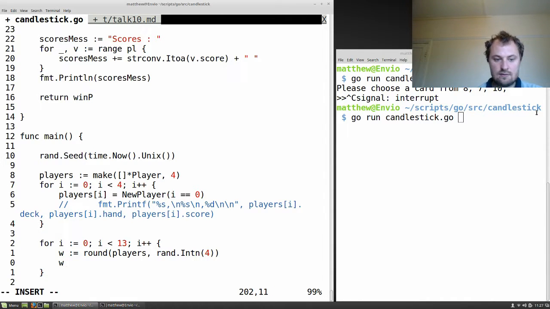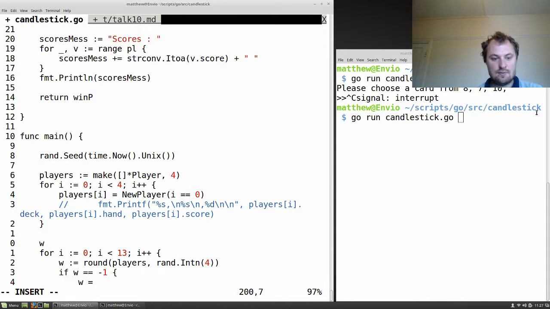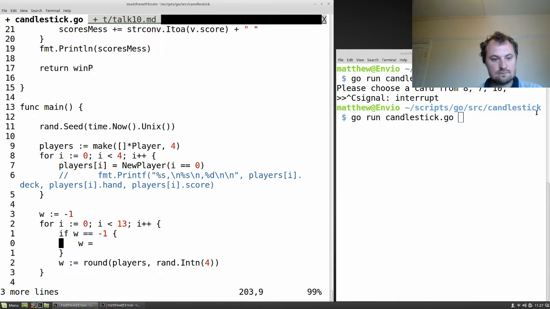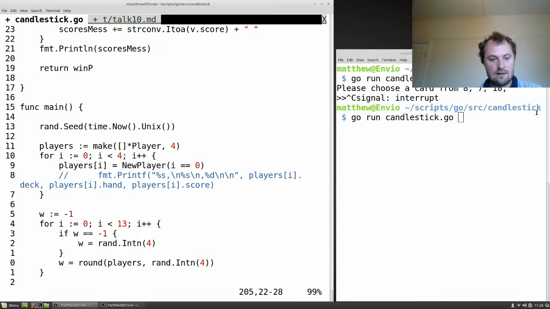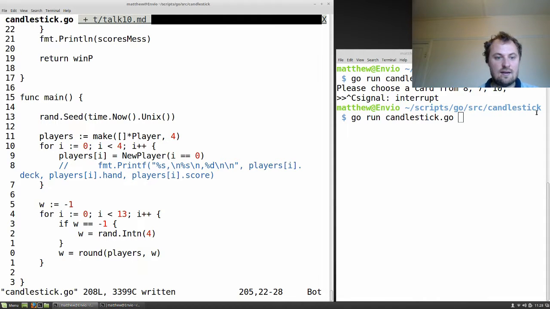So if W equals -1, then W equals. I'm going to put the W on the outside here. W colon equals -1. Get rid of that. And so now we set it to rand.int 4. And here we can just put W, and that should mean that the person who goes first is,